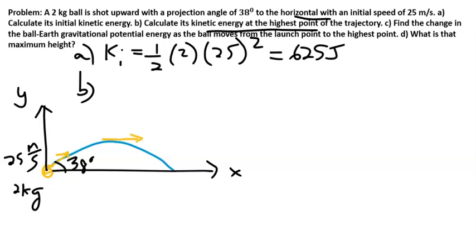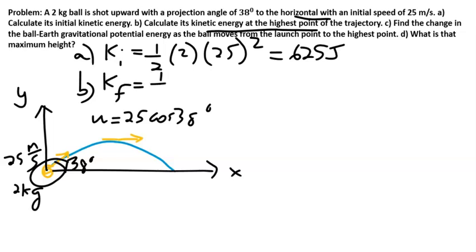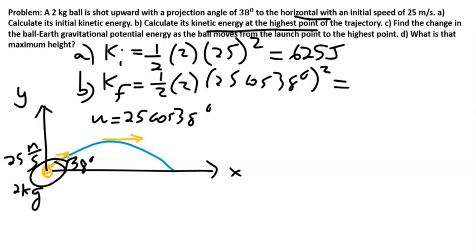So the speed at that point is quite simply 25 cosine of 38. The x component of the velocity it had at that point, because the x component does not change. So the final kinetic energy can be computed half times mass times 25 cosine 38 degrees squared,